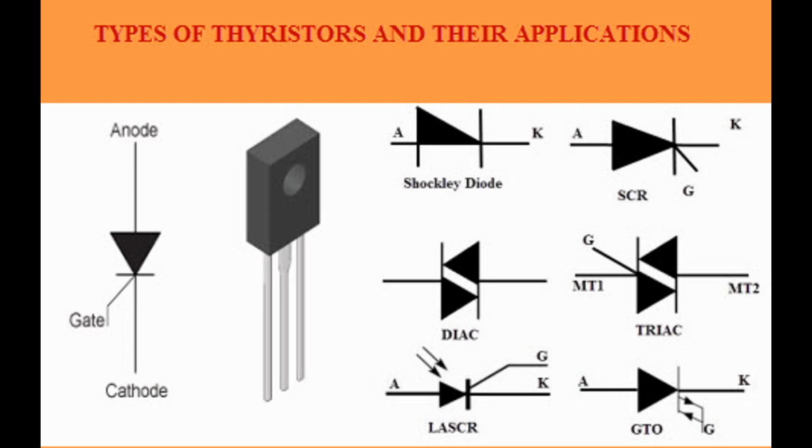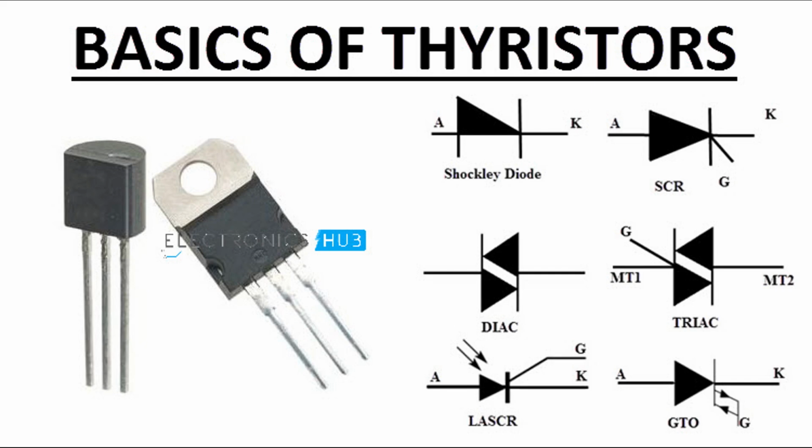It has 2 terminals, usually referred to as A1 and A2, or simply as the main terminals. Operation. Off state, blocking state. When the voltage across the diac is below its breakover voltage, V_BL, it remains in a high impedance state, blocking current flow. On state, conducting state. When the voltage across the diac exceeds its breakover voltage, it switches to a low impedance state, allowing current to flow. The diac will conduct until the current drops below a certain holding value, at which point it returns to